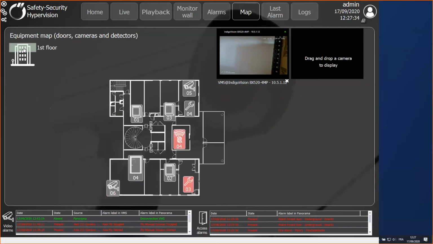This functionality can allow you, for instance, the following. Let's say I'm in the control room of my building and one colleague is calling me. He's in front of door number 4 and wants me to unlock the door using the access control system. I'm in front of my Hypervision. What do I want to do? I will